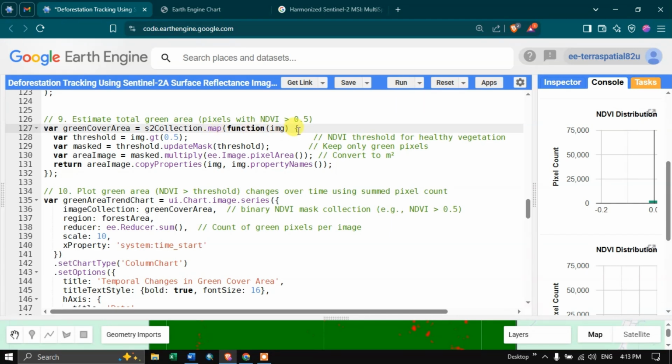function img. In that we're going to create a variable called threshold equals to img dot greater than 0.5. So we are applying an NDVI threshold for classifying the healthy vegetation. Once you have applied the threshold, next we're going to define another variable called masked equals to threshold dot update mask threshold. So it's going to keep only those NDVI values which are greater than 0.5,